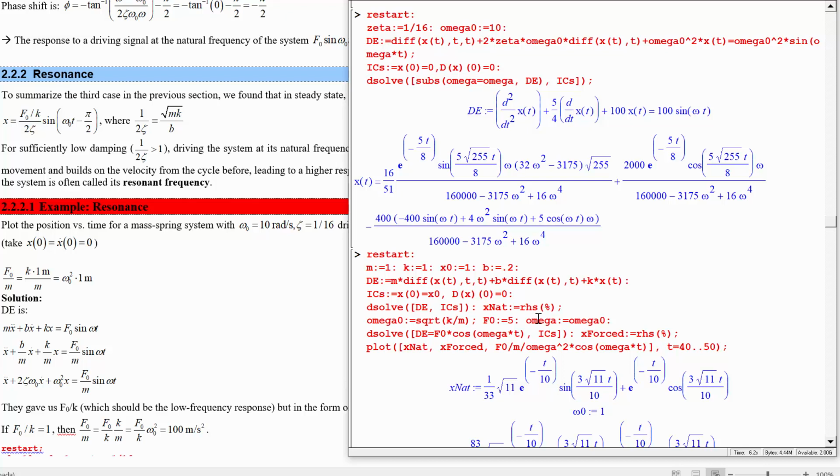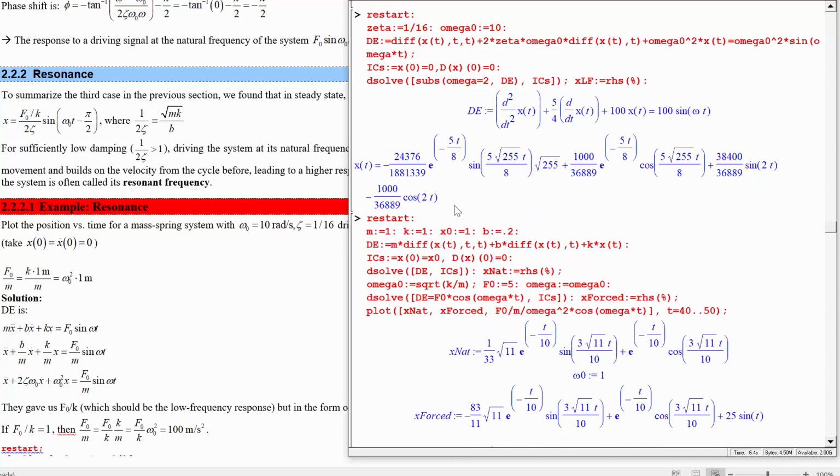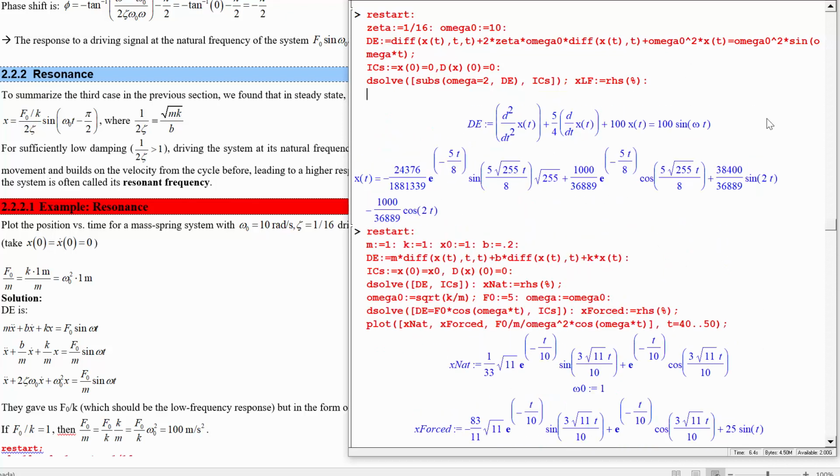So let's say d solve omega is equal to 2, and then we'll go x low frequency is equal to the right-hand side of that. Let's see if that works. Okay, and let's get plotting right away. Plot x low frequency. T is equal to from 0 to,